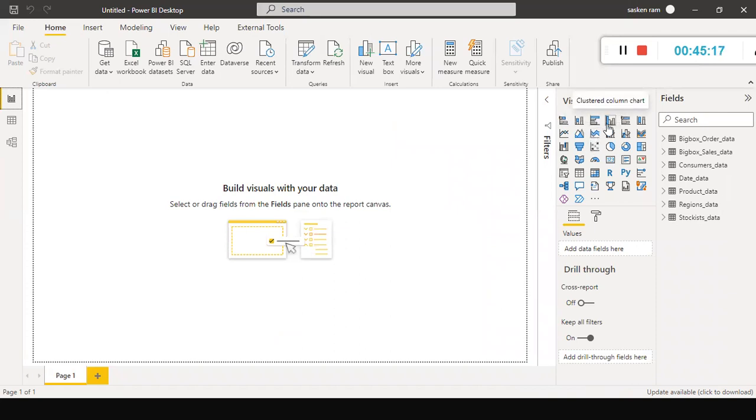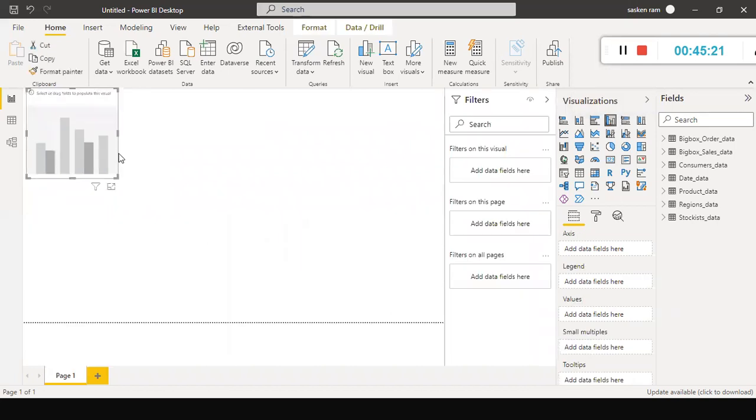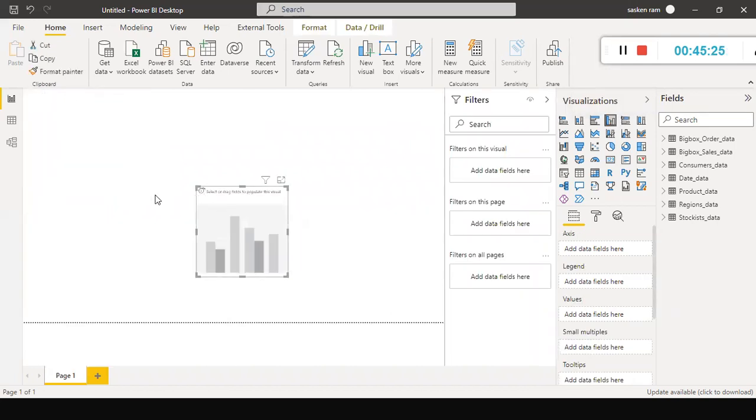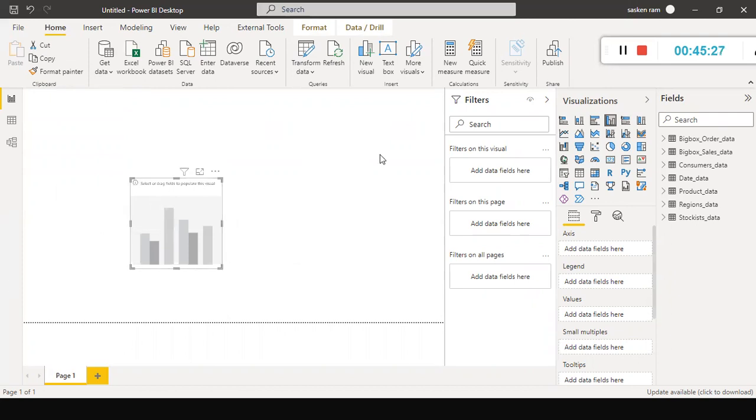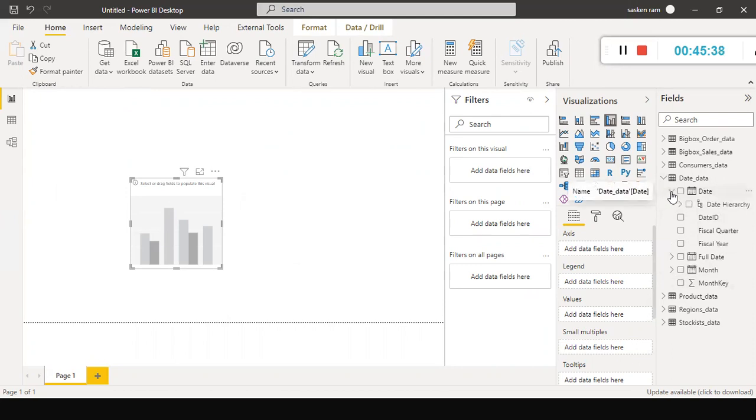For example, I'm going to select a column chart. Order date key and date ID in your date table got linked up. I just expand the date table here. Here you will find year. I just drag and drop month here, month wise sales.